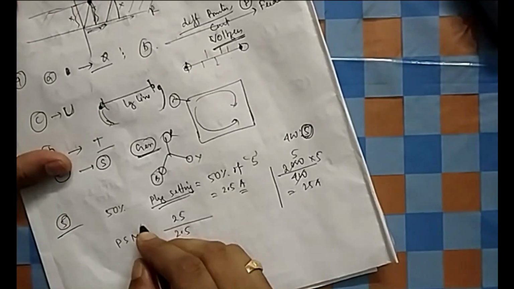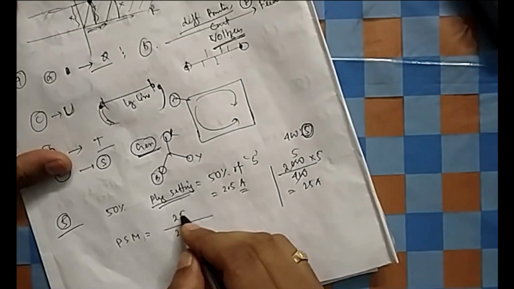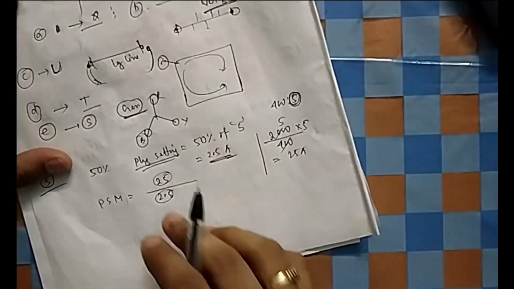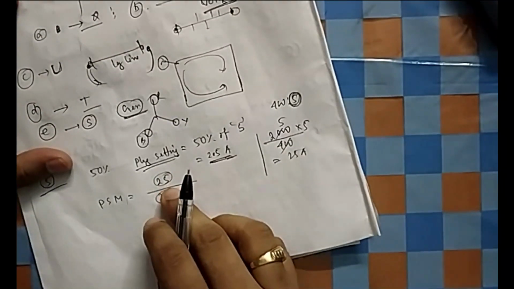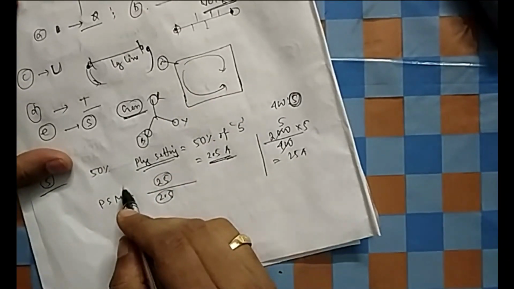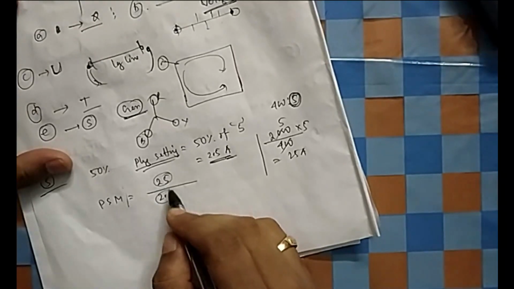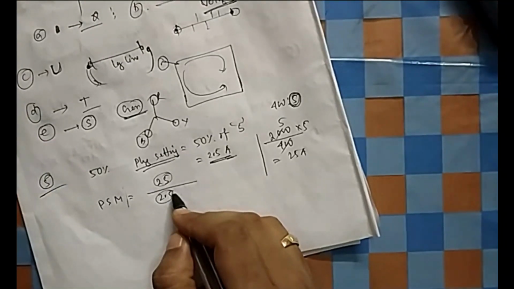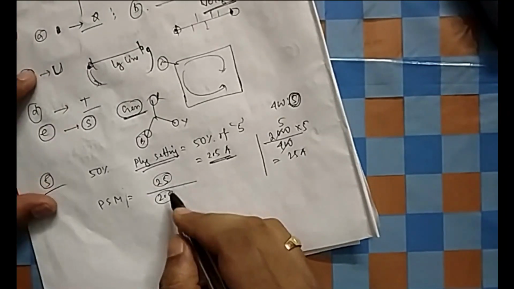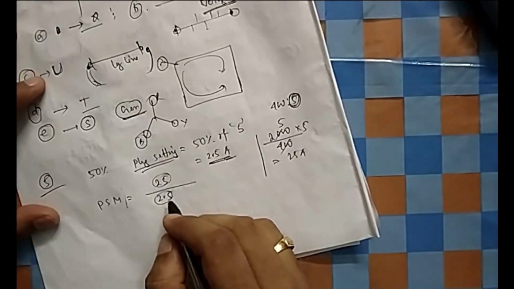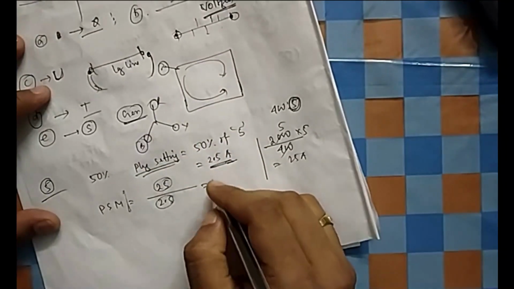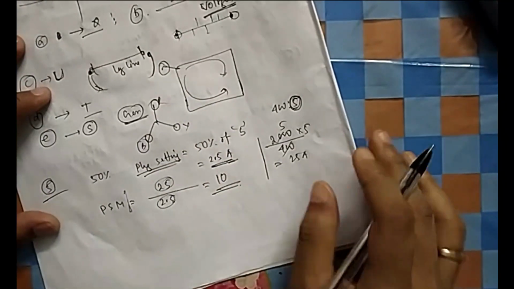The more the fault current, the more will be the PSM, because it shows how many times the fault current is of your setting, which is 2.5. If it is a severe fault, a more extreme fault, then your PSM will increase, because it is much more than your setting. Your setting is 2.5, your fault current is 25, which is much more than your setting. That is the idea of PSM. It gives how severe your fault is. So PSM is 10.